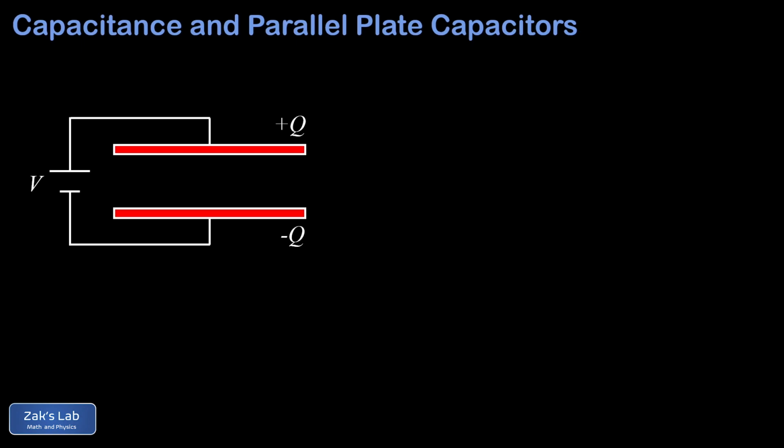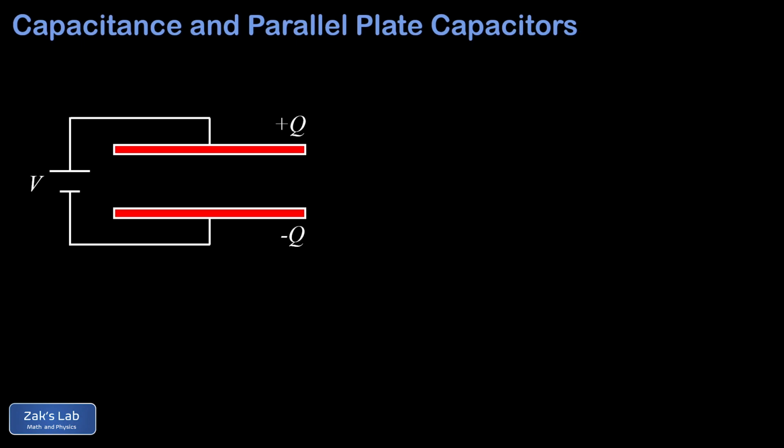So in general, a capacitor is a pair of conductors where the charge on the two conductors is equal in magnitude but opposite in sign. And in our diagram here, we see that we can achieve this so-called equal and opposite charge by hooking the conductors up to a battery, which then pumps charge from one conductor to the other, resulting in equal charge magnitudes